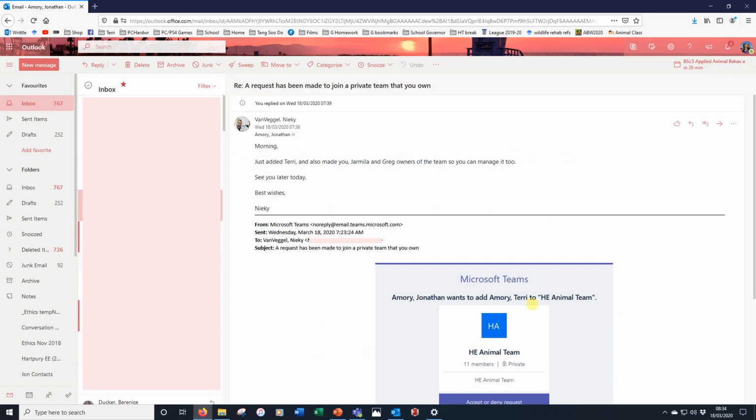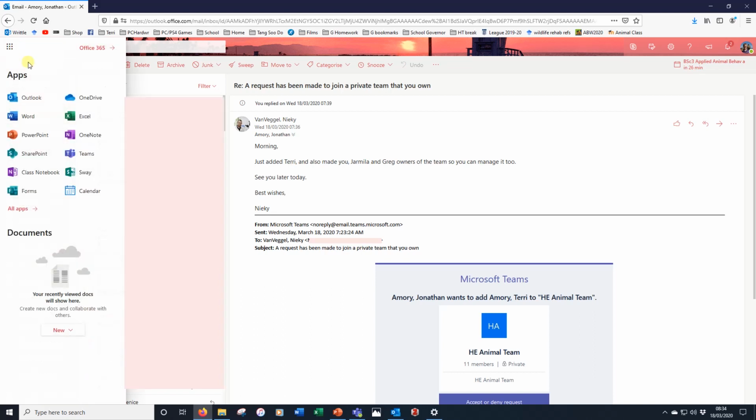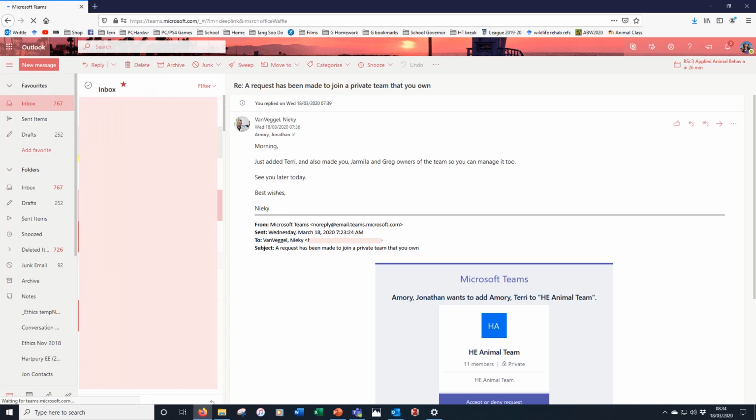The first thing is to go to your normal Outlook online. So we go to the MyY or whatever it is, or your standard link. And then in the top left-hand corner, we can see the dots. If we click on the dots, we get all our apps here, and you should find that Teams is on the left here. So we click Teams, we go straight away